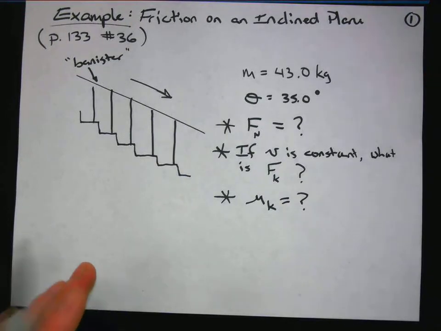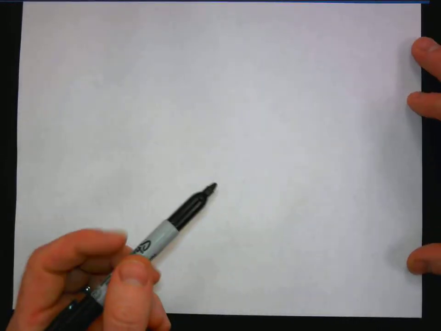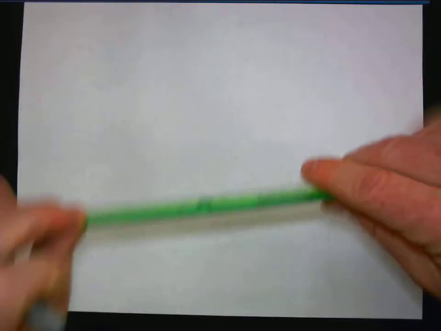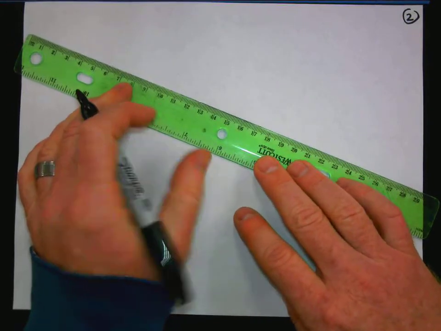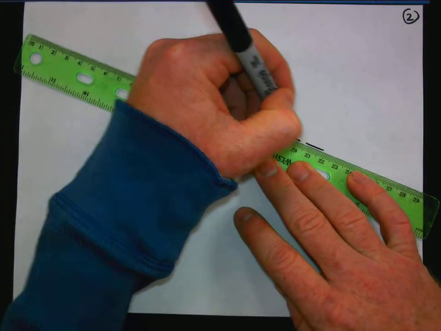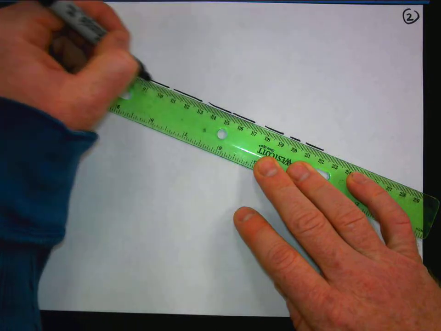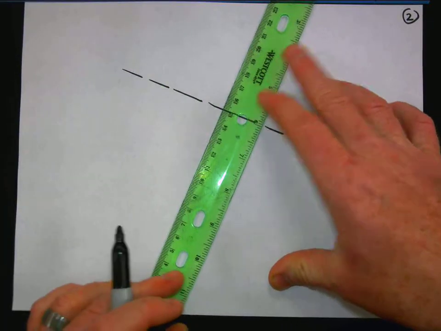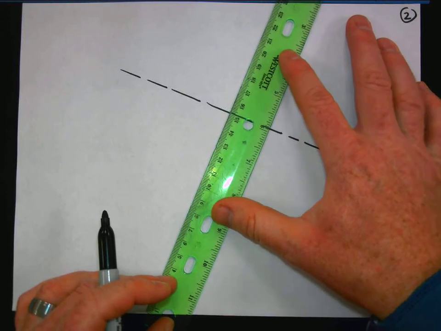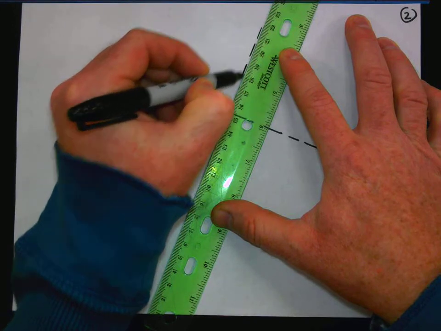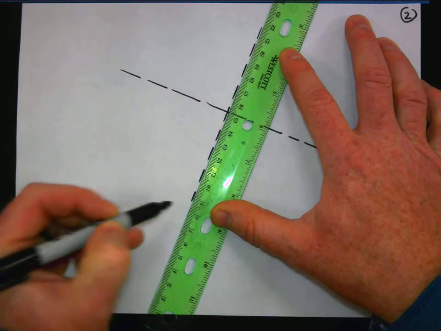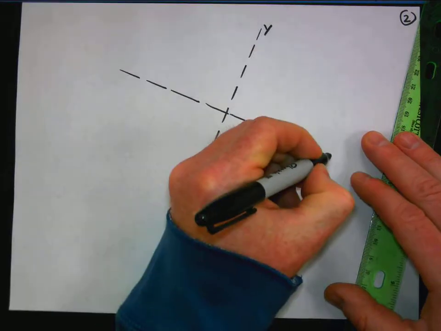So one of the first things we want to do is set up a sketch of the situation. We want to set up a free body diagram, right? And as is almost always the case, we want to have the angle of the ramp represented in the free body diagram by tilting the axes, the coordinate system. So I have my y-axis, my x-axis,